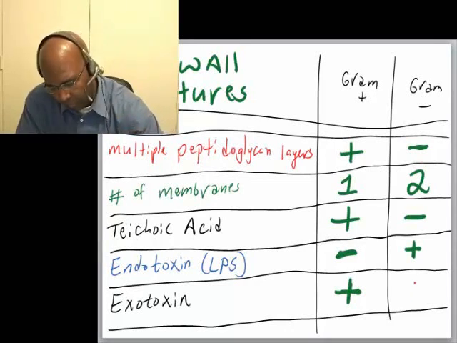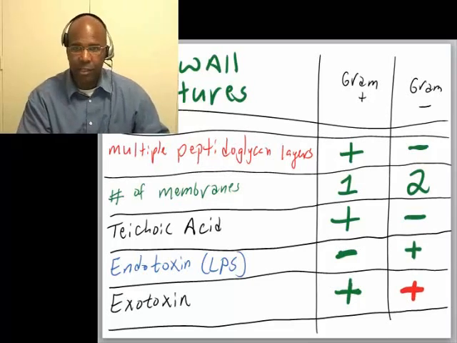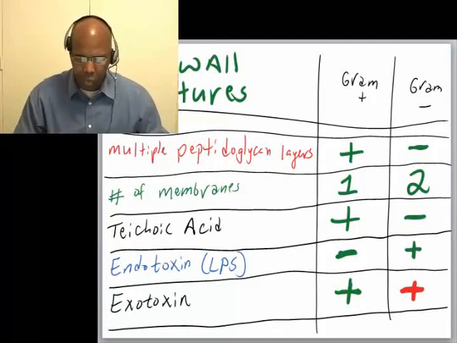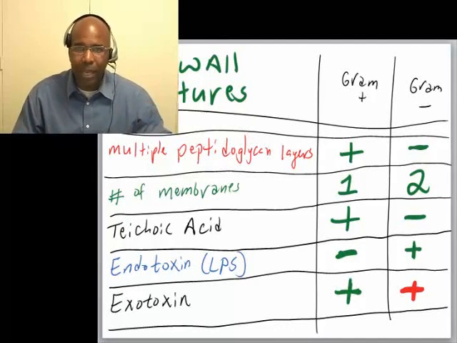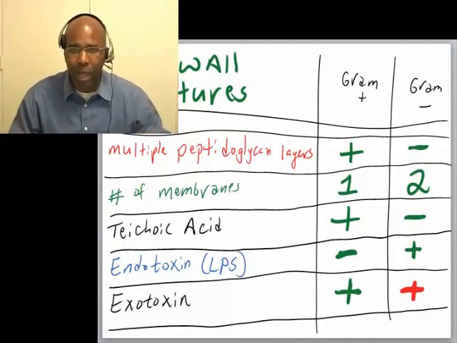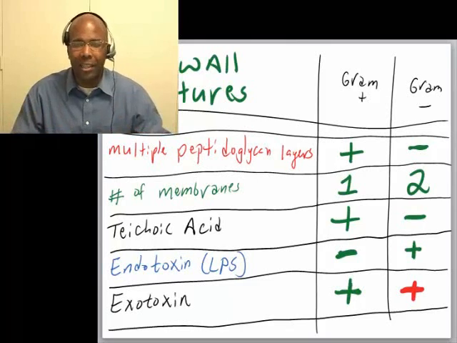However, both produce exotoxins. So just remember that I made that one red. I hope this little graph shows you the key differences between gram-positive bacteria and gram-negative bacteria. Again, I know you've taken microbiology and you've gone over this, but I just need to go over it with you to make sure you understand this in the context of biochemistry and carbohydrates. And that concludes this